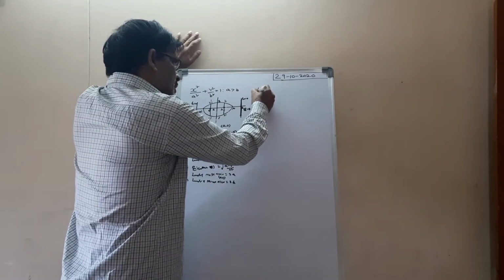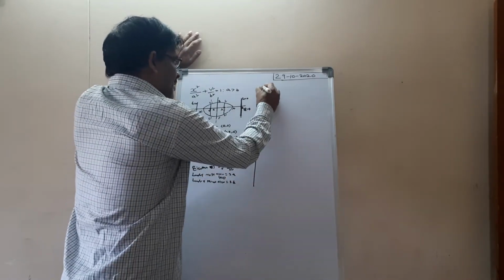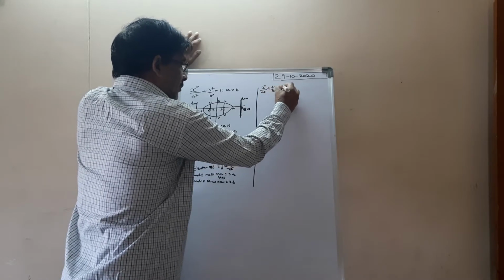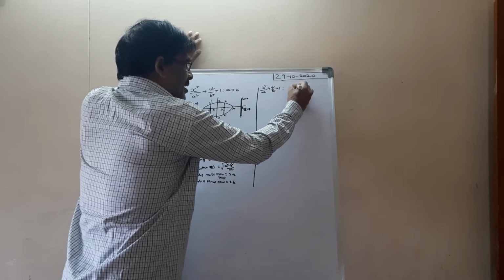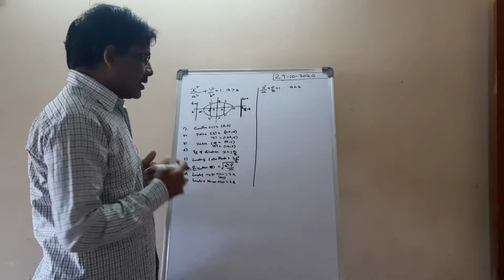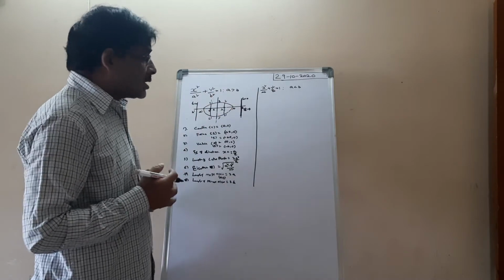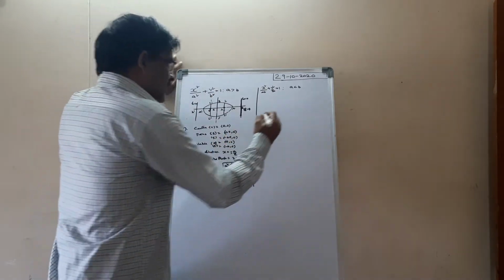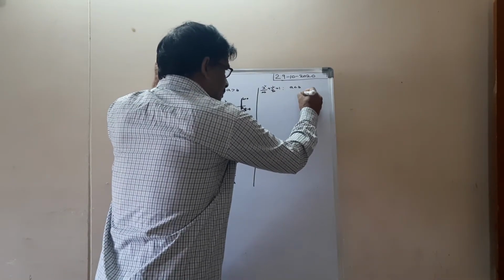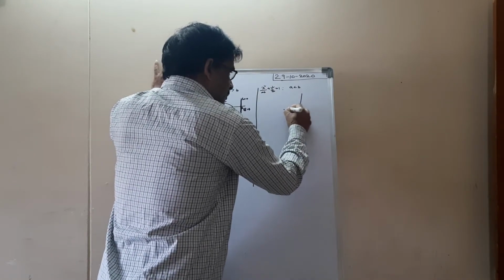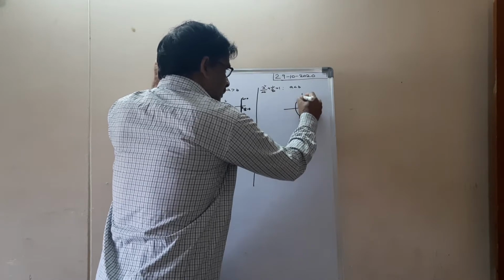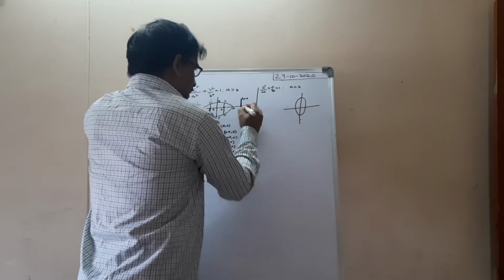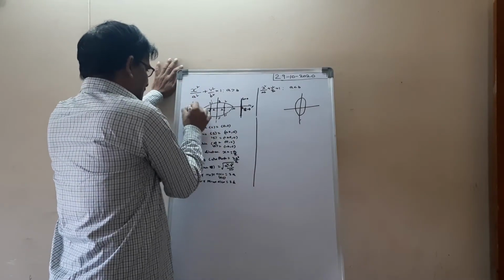Now suppose an ellipse is x square by a square plus y square by b square equal to 1, where a is less than b. In the previous condition, a is greater than b. In this one, a is less than b. Draw a diagram. What happened here? Now this is our ellipse. You can take this one as the x-axis here.